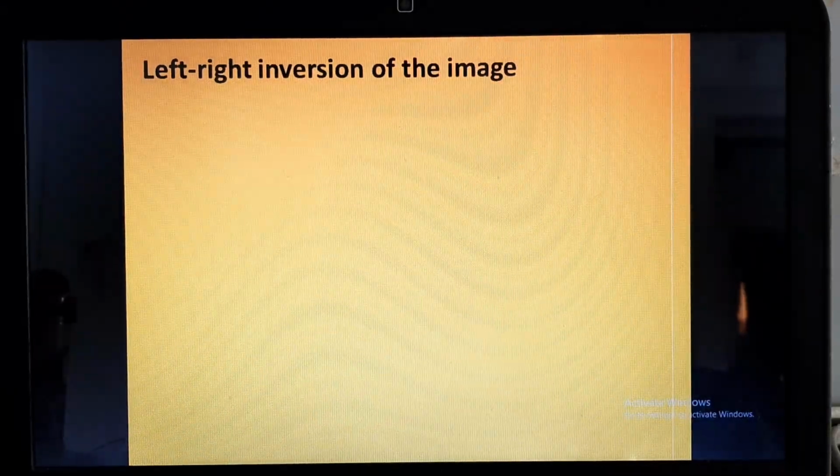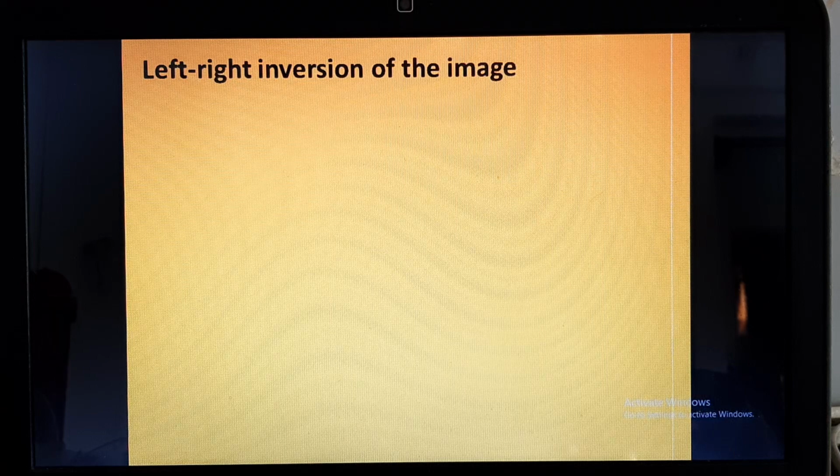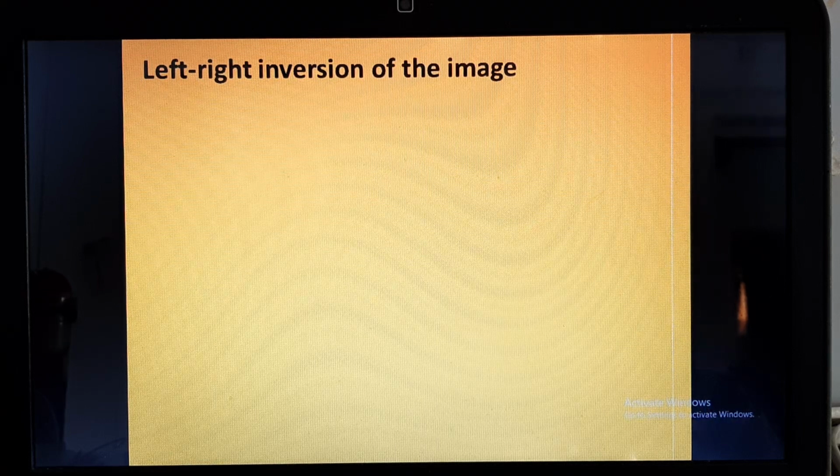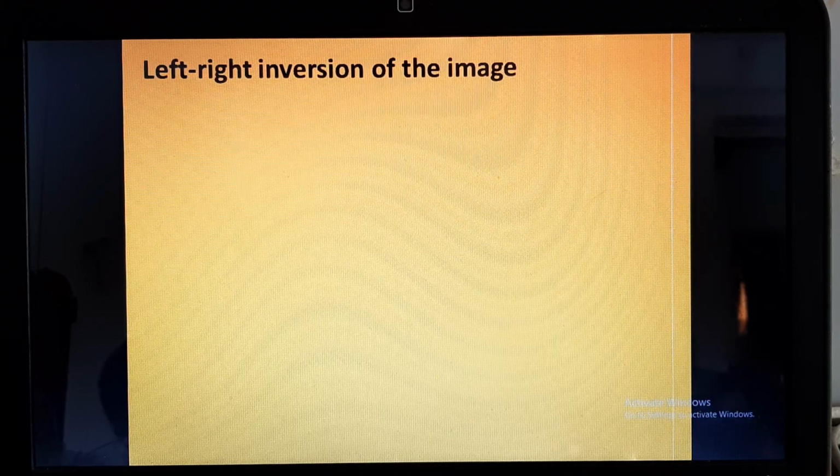So now the next property of image. We had seen that image is an optical representation of the object which is formed by the light. Second was that image can be real, virtual, it can be erect, inverted, and the size can be the same size as the object, smaller than it, or magnified or larger than it.